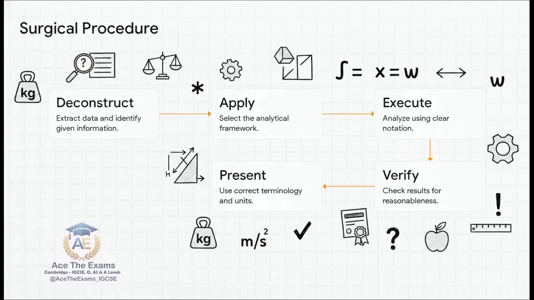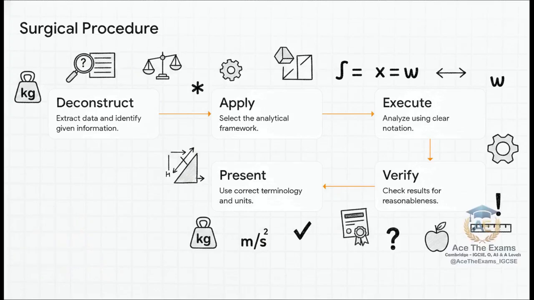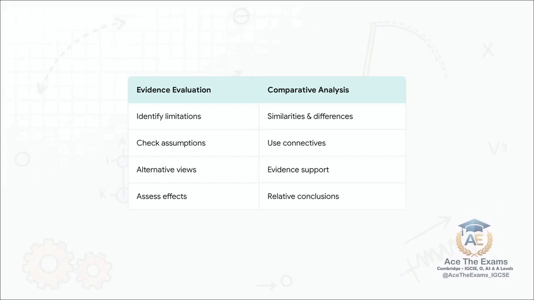Step 5. Present with correct terminology and proper units. Leaving the newtons or meters per second squared off your final answer is a totally unforced error that just hemorrhages points. Don't do it. What is truly fascinating about the 979 syllabus is how this exact framework scales up to